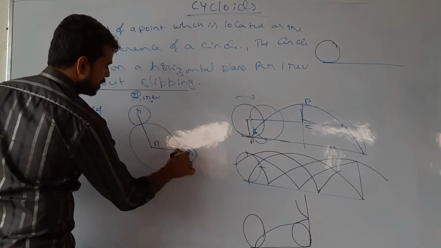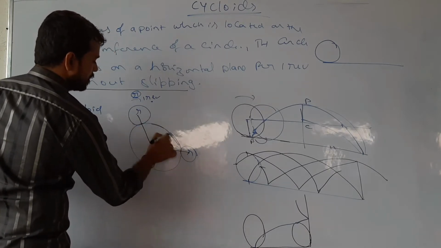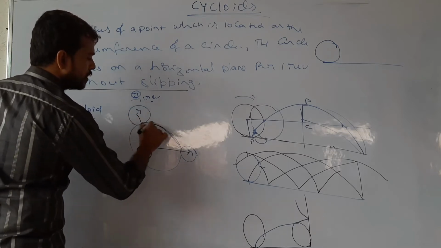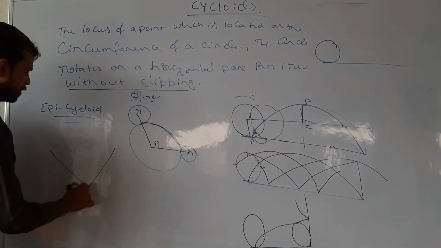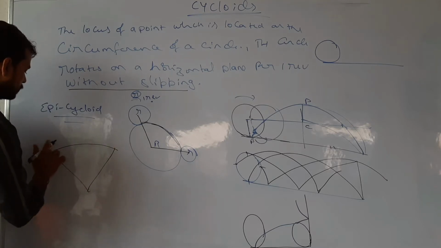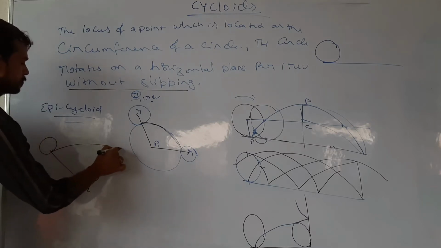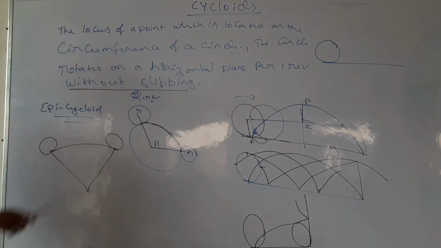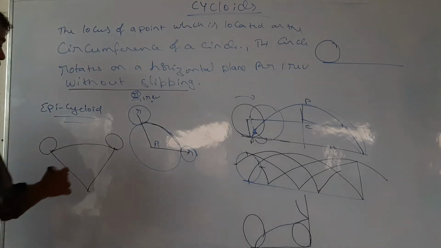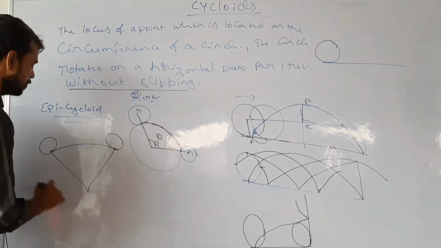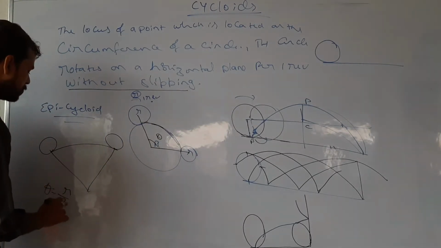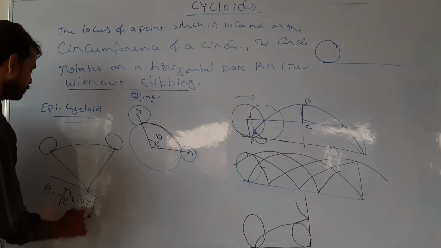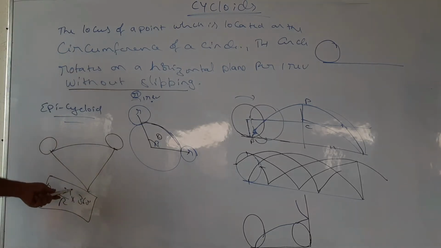It looks like a sector. The circle is rotating on a sector of the capital R. Then, sir, how to find this angle theta? This angle theta is nothing but small r by capital R into 360 degrees: the ratio of the rolling circle to the directing circle multiplied by 360, then you will get this angle theta. In the same way